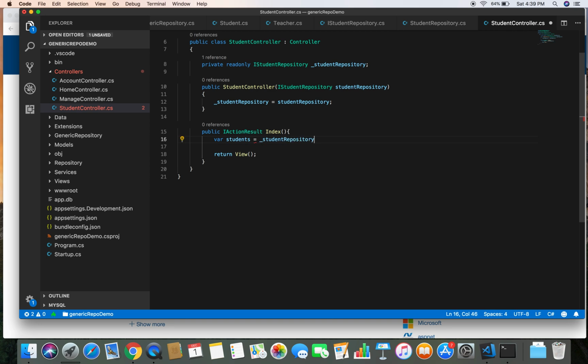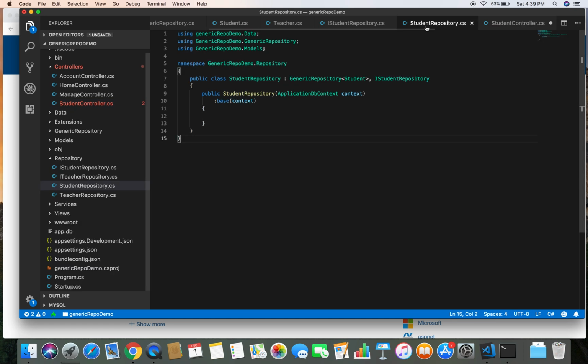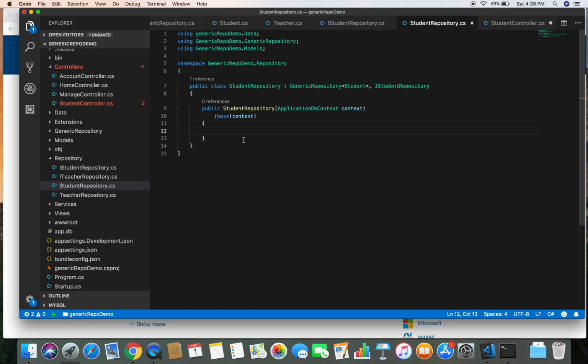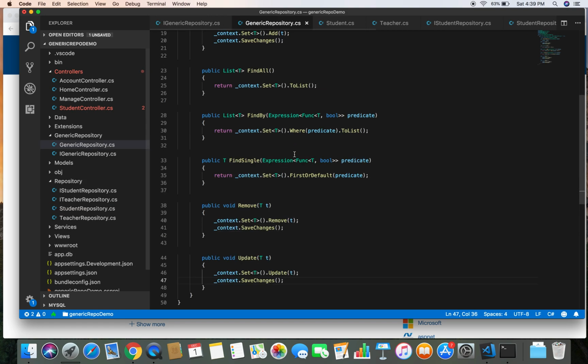And now we can use our student repository, and here we can see all those methods that we have defined in our generic repository are available, although we haven't defined any of those methods in the respective repository. Actually, our student repository class is empty, and the same for the teacher repository. Our teacher repository class is also empty, but we have inherited that class from the generic repository. So all those methods that we have defined in our generic repository are available to our